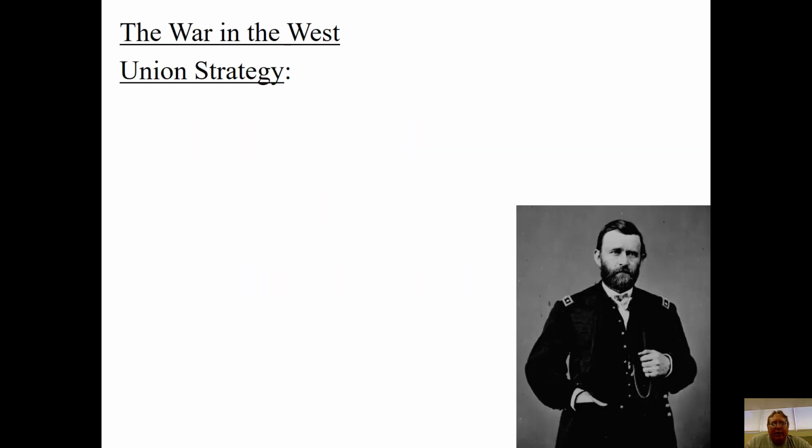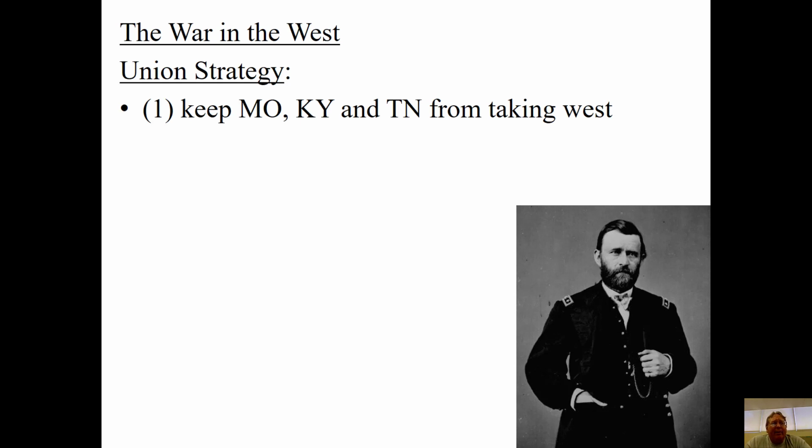And we're going to turn our attention to that theater for a minute, see what's happening there, why the Union's doing what it's doing, and then take a look at one of the battles that really defines what's going on here militarily in the war, right? So again, keep in mind that one of the things the Union knows it needs to do is gain control of the Mississippi River. First of all, to cut off states like Arkansas, Louisiana, and Texas from the rest of the Confederacy, but also to gain control of the Mississippi River so states like Missouri and Kentucky and Tennessee have a way to trade with the rest of the world, right?